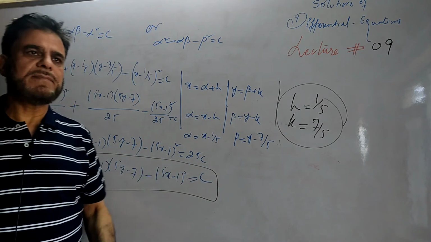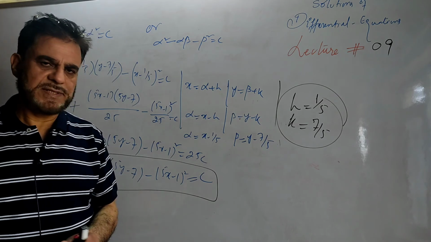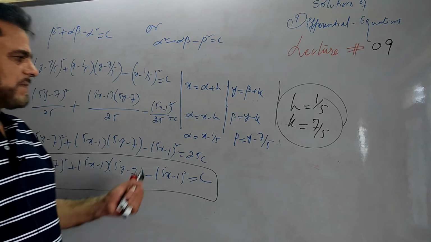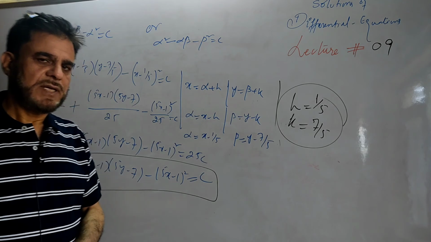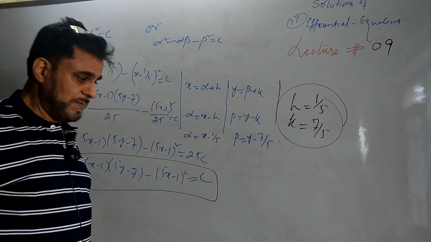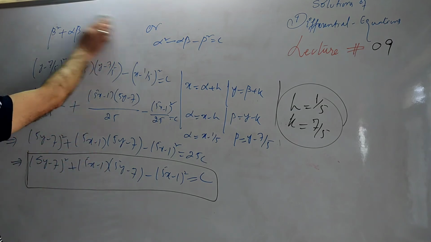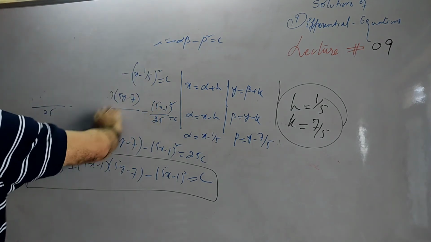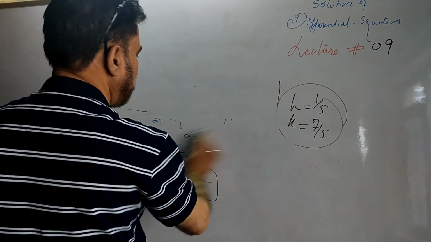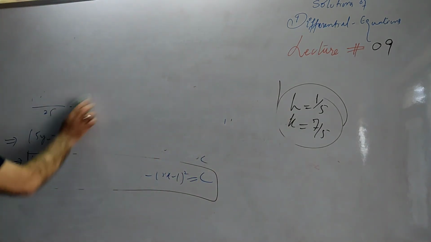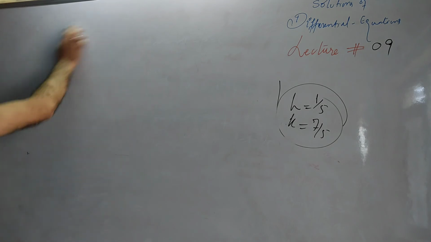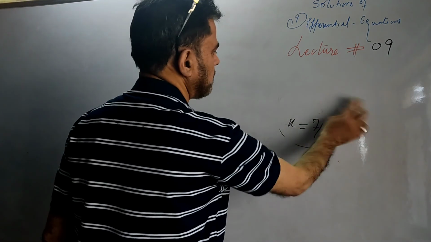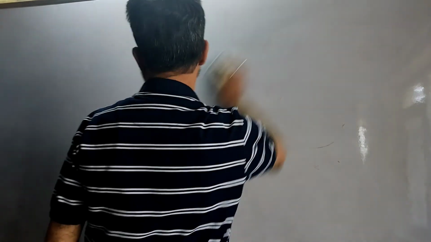Well, this is the case when a1 by a2 is not equal to b1 by b2. You will proceed this way, and this problem takes some time, where a1 by a2 is not equal to b1 by b2. But when you have a1 by a2 equal to b1 by b2, you can take lesser time in finding the solution. Let us have one more application.